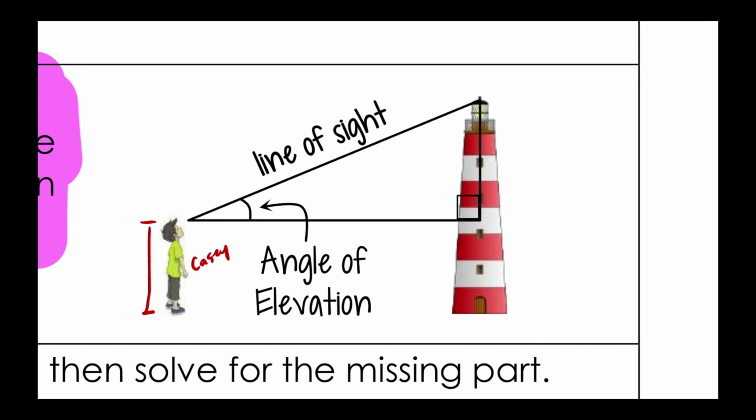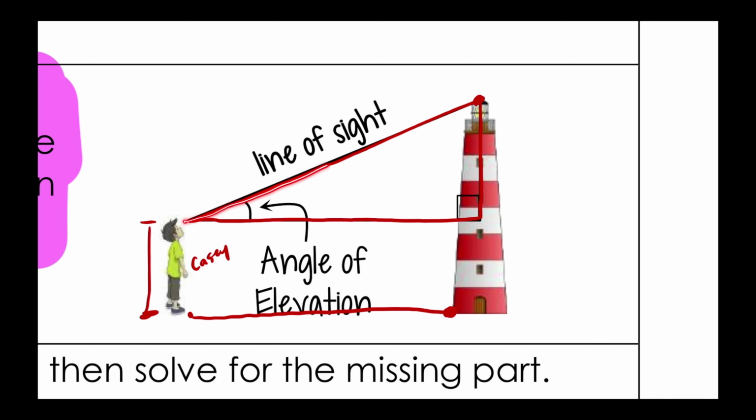Casey is a certain height. Okay. And so if he looks forward, there you go. And then he looks up at the top. It says he's looking at the top, right? And then they want to know how far he is from the base. So how far is he from the base or the bottom of the lighthouse? Okay. There you go. So we understand what's going on. We got a kid named Casey